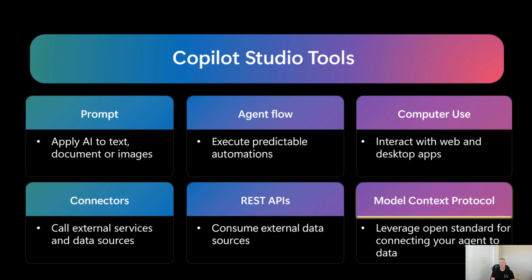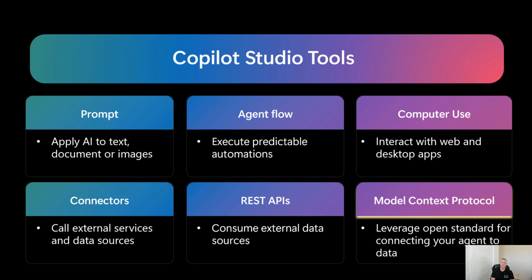Copilot Studio has this notion of tools. It's not something unique; I think the difference is MCP becomes a type of tool. Existing tools that we have today include prompts that can apply AI to text, documents, or images. We have agent flows that allow you to build those deterministic workflows, similar to what we've seen with some of the Logic app workflows itself. We've got computer use, which is pretty interesting: the ability to interact with both web and desktop applications